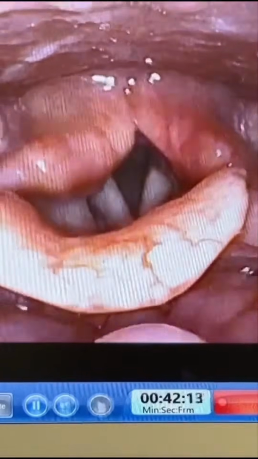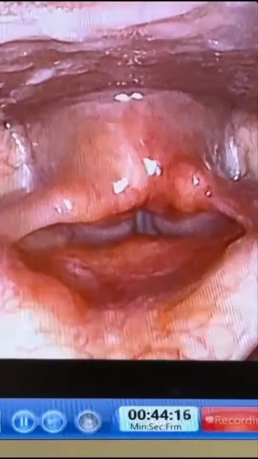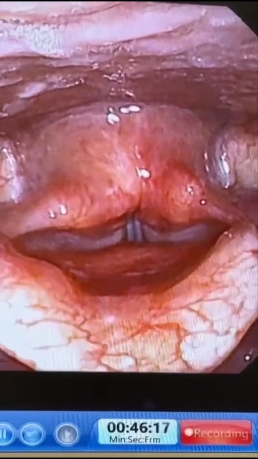You can see abnormal adductor contractions present on the vocal cords. This is the level of cricoid cartilage, thyroid notch and hyoid bone. Generally we go in the cricothyroid membrane, which is just above the cricoid cartilage. So before giving the injection, we will give local anesthesia with 2% lignocaine so that the patient does not have pain while giving the Botox injection.